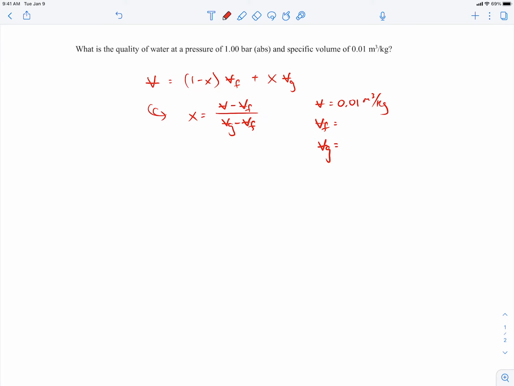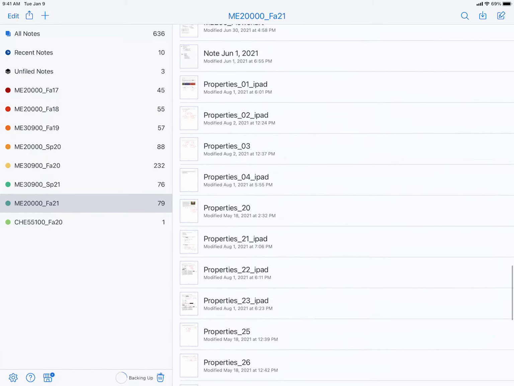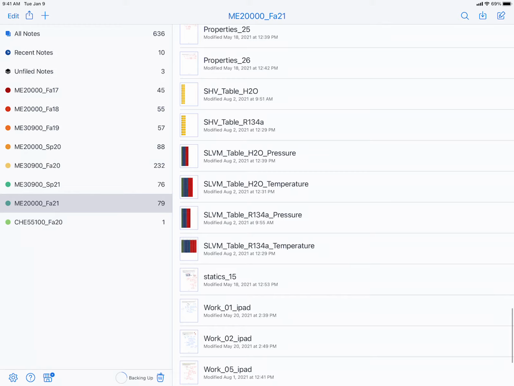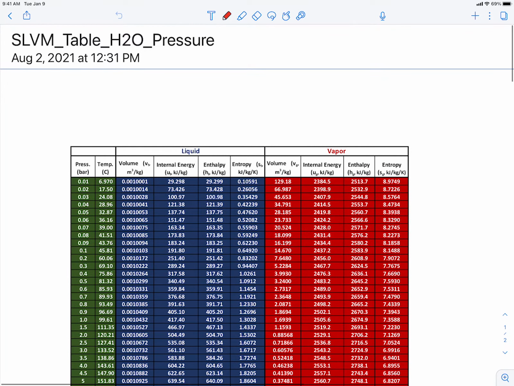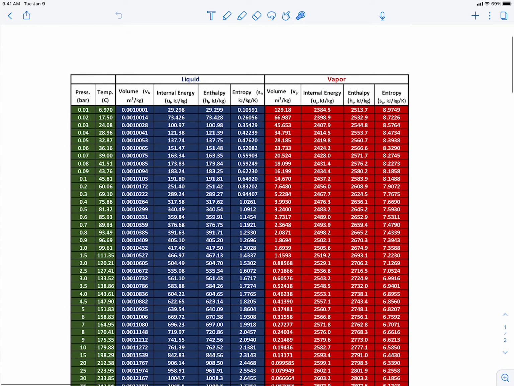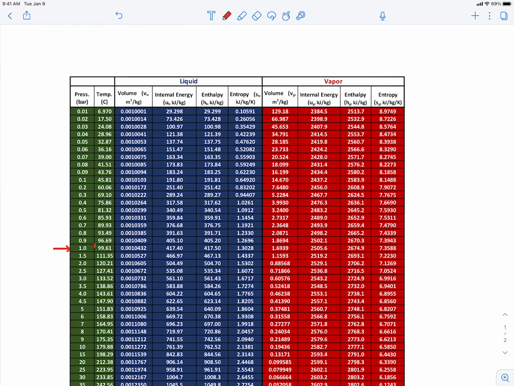So I'll go to that saturated liquid vapor mixture table for water organized based on pressure. So let's go ahead and look at that. So here's the table, the saturated liquid vapor mixture table for water based on pressure. You can see pressure here. We're at a pressure of 1 bar, so that puts us there. You can see that the corresponding saturation temperature is almost 100 degrees Celsius. 1 bar is about 1 atmosphere. It's very close to 1 atmosphere, so we would expect the saturation temperature to be about 100 degrees C,